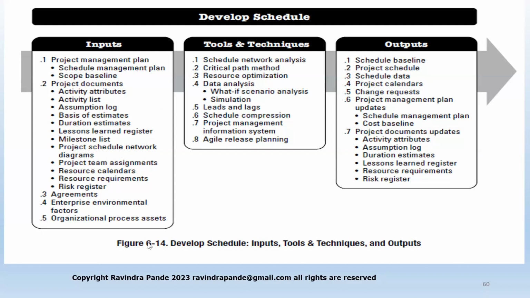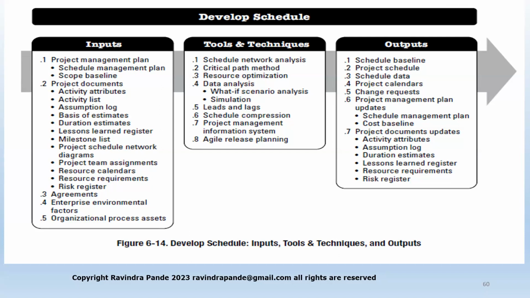And then, of course, the enterprise environmental factors and organizational process assets. I will not explain them again because we explained them just a few minutes back. Now, let's understand the tools and techniques. The schedule network analysis. This is actually Gantt chart preparation we are talking about. We have done a hands-on workshop on that, right? We have learned how to make a T or a couple of other Gantt charts. That's what they mean by